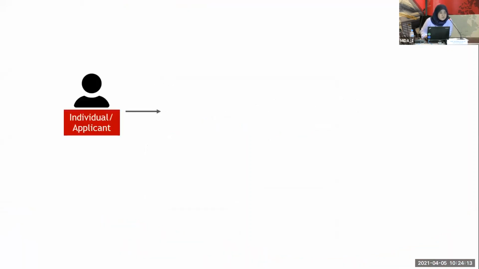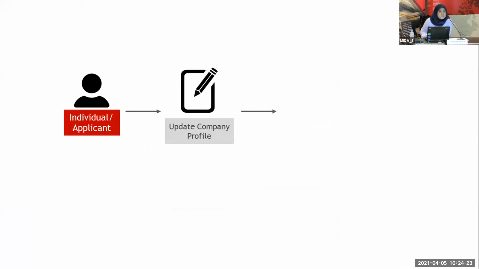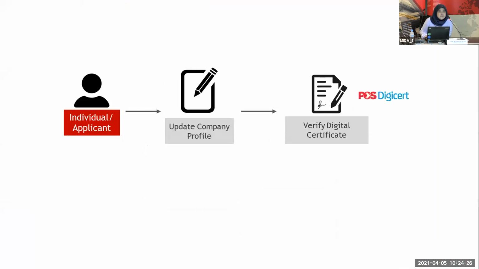As I mentioned earlier, we migrated the company profile as well. If you are listed as the contact person for that company, basically what you have to do is update the company profile, and then you have to verify. You have to update the basic information, maybe the correspondence address, the registered address, the contact person, and the authorized person. The most important thing for you to update is the contact person and the authorized person, because, as I mentioned earlier, you have to add the authorized person.